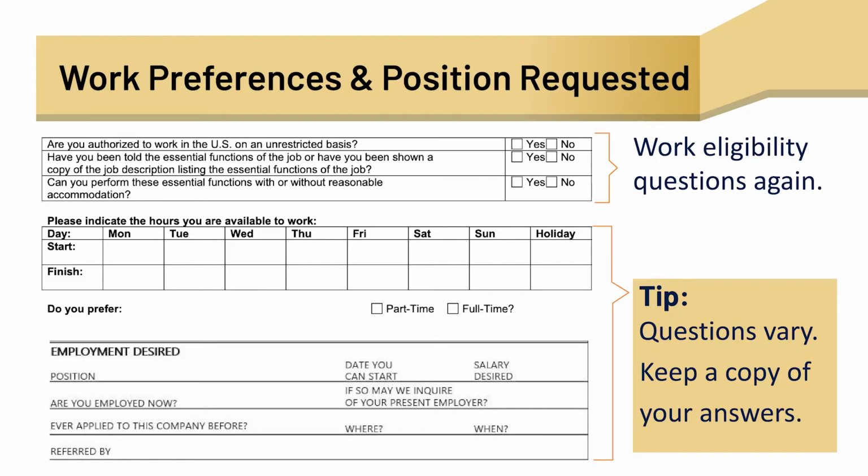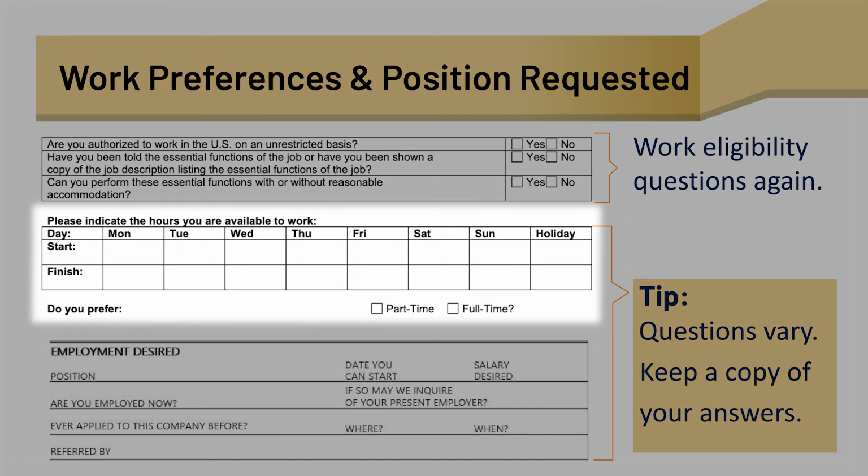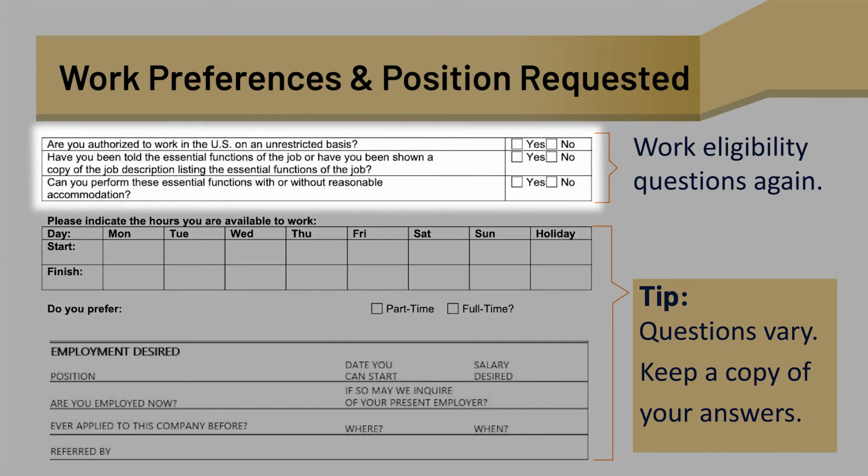Position desired and general work preferences. In this section, you, as the applicant, can select information as to hours, time of day, and various shifts you're willing to work, and whether you want to be considered for part-time, full-time, regular, or temporary work. This section can also include information about whether you're authorized to work in the United States on an unrestricted basis and can include questions as to whether you have ever been convicted of a felony and requesting an explanation.